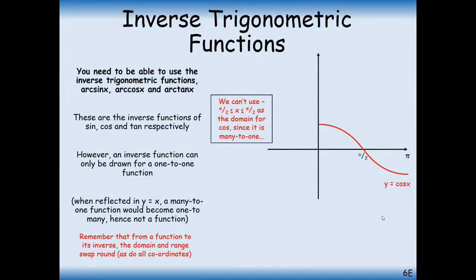We know that the cos function will repeat itself for negative values of the angle, because cos is an even function. In fact, one of the identities is that we could replace any negative angle for a cos value, for example, cos of negative pi over 4 would be the same as cos of pi over 4. So for this